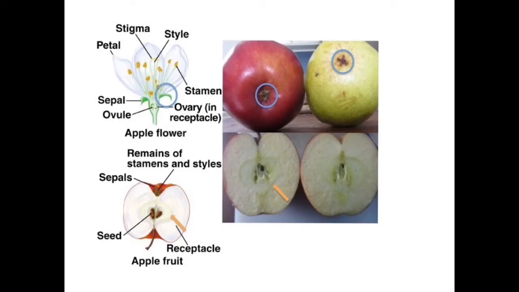Okay, that calyx that we mentioned before at the very bottom of those fruit, like this apple, that's all that remains of the other flower parts. So for the most part, these male anthers and filaments, the stigma, the style, the petals, the sepals, all of that dry up and fall off, leaving only this little calyx behind. So in the next section, we're going to actually dissect some fruit. So grab your fruit and you can follow along with me, or you can watch the video and then dissect